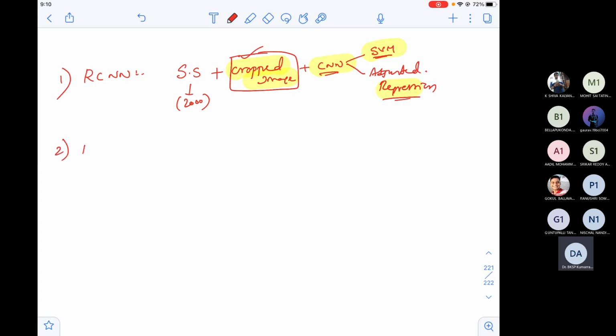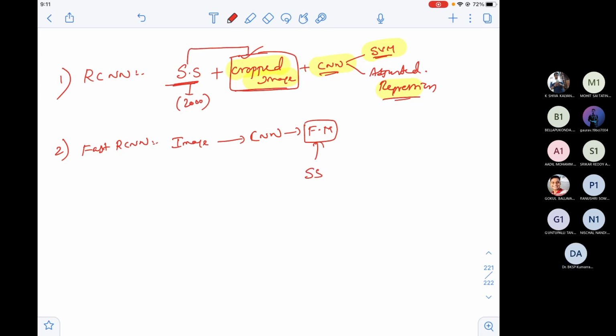Now what we have done, we came up with fast RCNN. It says that I don't want to pass each proposed box and its image to the CNN. Instead, I pass the entire image to the CNN. Let the CNN run only once, and the output of that will be the feature map. Now for this feature map, you run selective search. Earlier it was selective search, the corresponding boxed image, and the corresponding CNN. This is a sequence. Now selective search is applied on the feature map, not on the image.